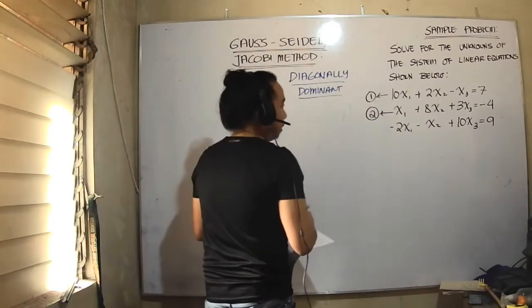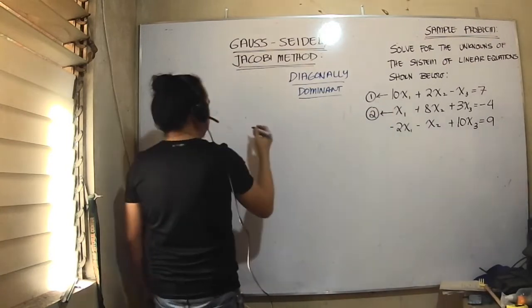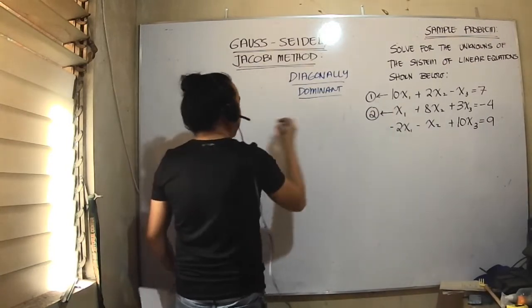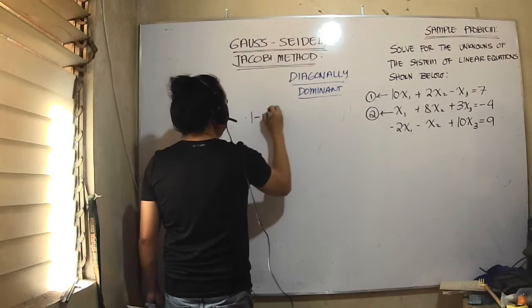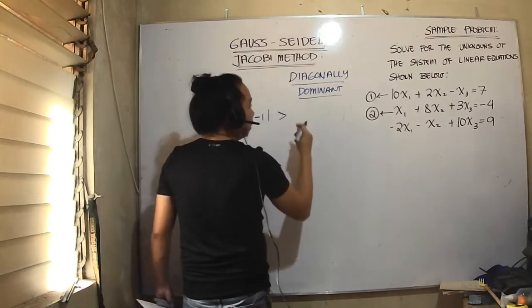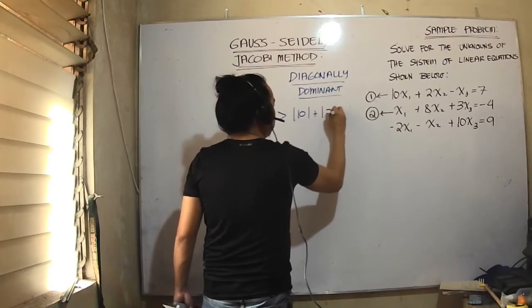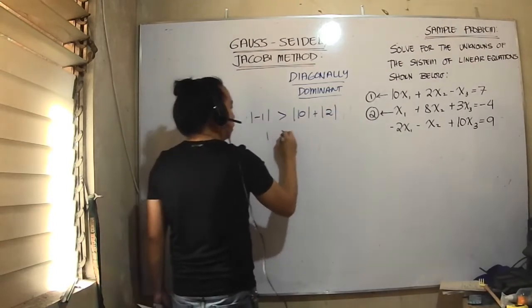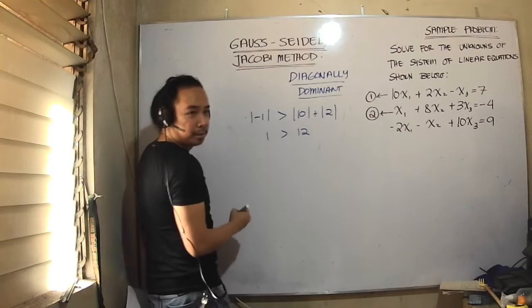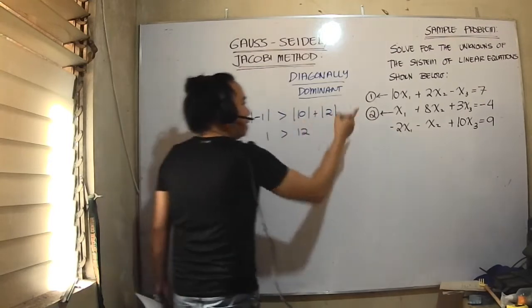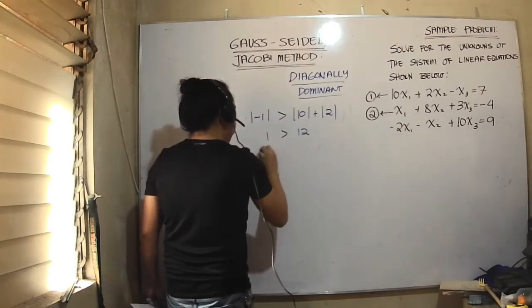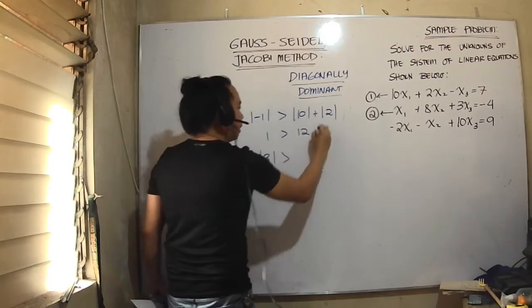The third variable. The first line has negative 1, absolute value 1, which should be greater than 10 plus the absolute value of 2. That should be 12. False. For the next one, the absolute value of 3 should be greater than